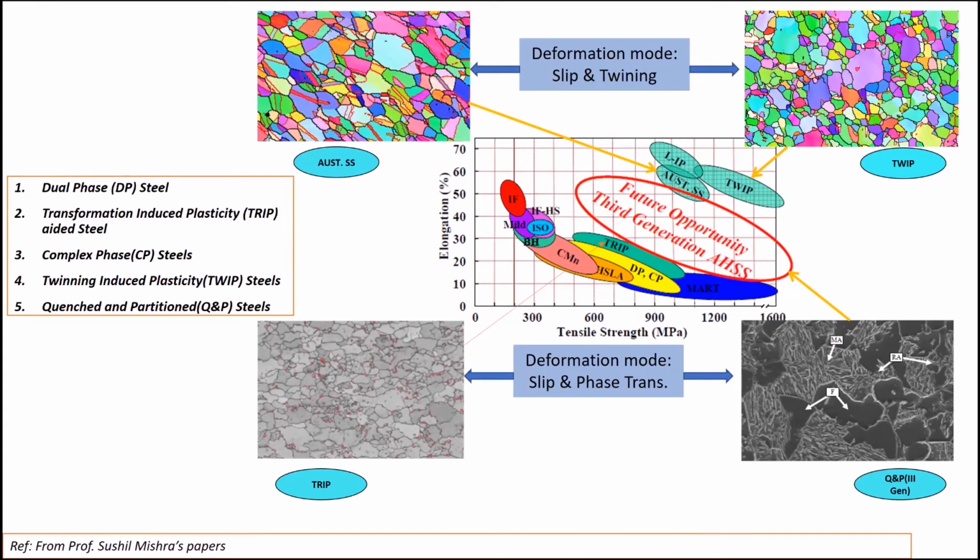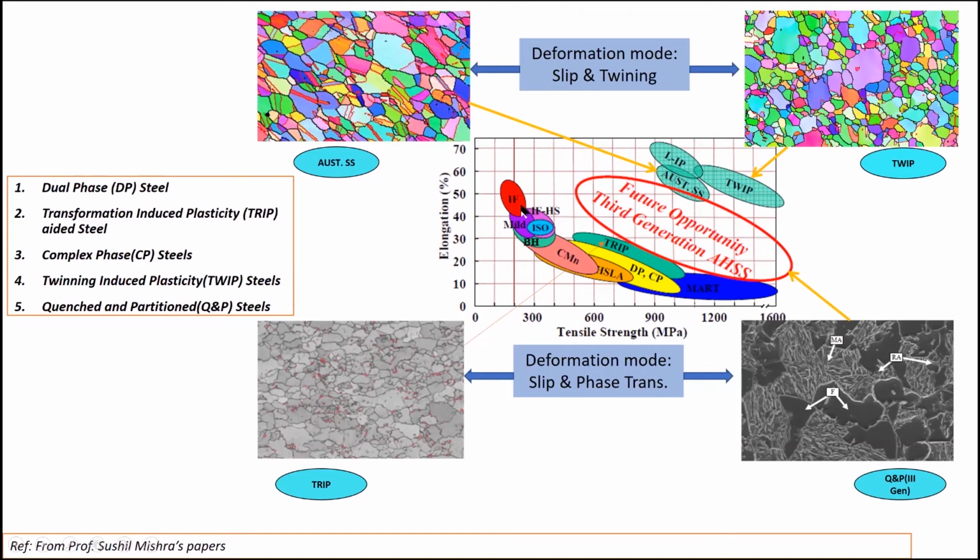So if you look at this famous banana curve, it is a plot of elongation versus tensile strength. Essentially, for these various grades of steel, we see what is the combination of the properties, namely elongation and strength, that particular steel will have. For example, IF steel, we saw that it is the one which has very good formability, right? So it has elongation around 50% plus, but you can see the strength is going to be very low. It will be around 180 megapascal, right?